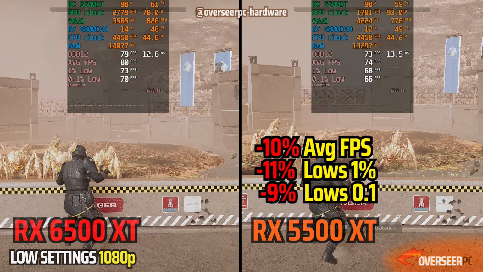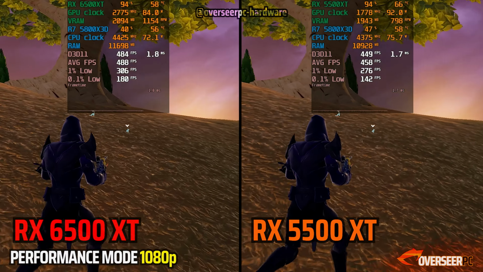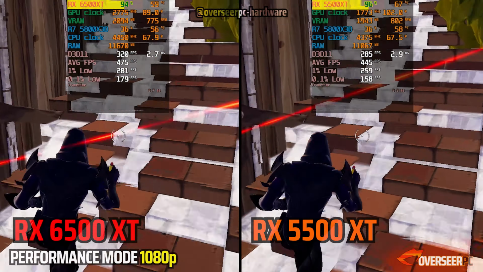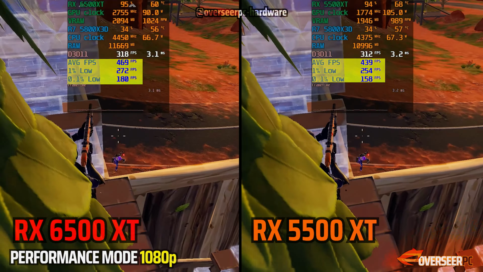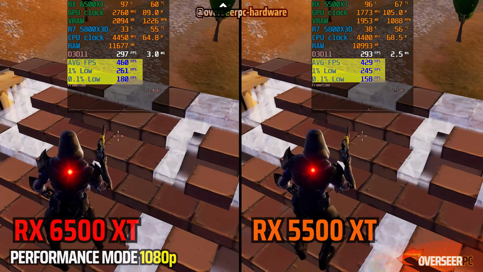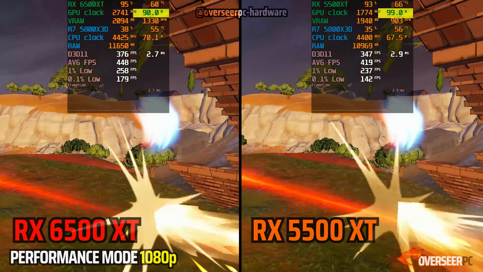Tell you what, actually on the effects side, I think the RX 6500 XT handles effects better compared to the RX 5500 XT. Moving on to our fast-paced shooters, Fortnite, and this is where you can see some difference in terms of performance. Now, I know we're both GPU bound in here in performance mode, but you can see that our RX 6500 XT does have better lows and higher average FPS compared to its predecessor. Not a lot, but at least it's better. And in terms of GPU power as well, it is lower,